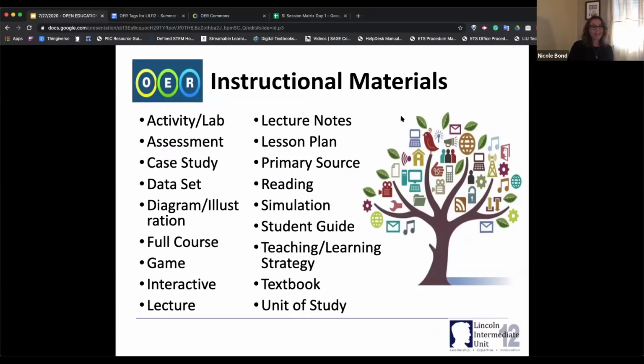So OER contains all of these instructional materials, from activities and labs to data sets that you can use in your classroom. An entire course can be found, games, textbooks, units of study. My colleague Ben Smith, who taught physics, always talks about how when he was getting ready to teach AP physics, they were getting ready to buy a textbook, which cost a great deal of money because it was an AP textbook. And what happened over the summer when they would have been buying the textbook, but he had kind of negotiated not to do so,